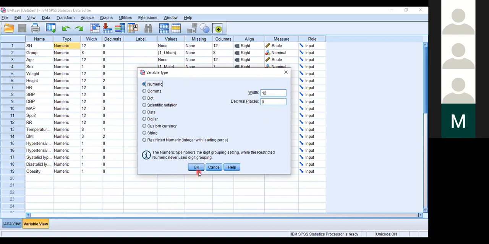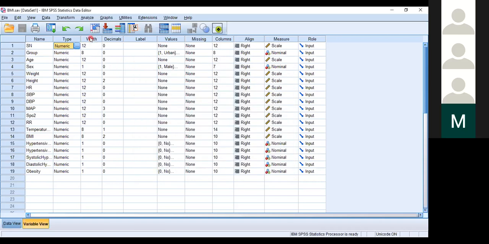String means you can enter either numbers or letters or both. That's string, and in EPINFO they call it alphanumeric. Alpha means letter, numeric means number: letters and numbers. Alphanumeric. Here they call it string. Now we have width. The width here means what is the